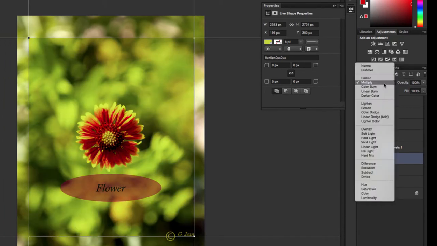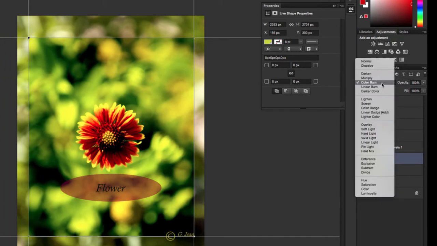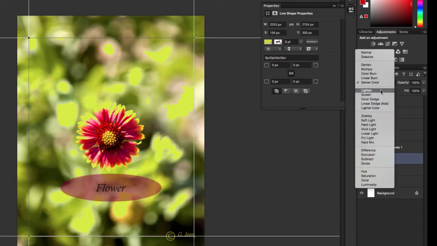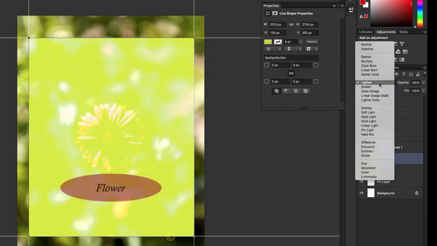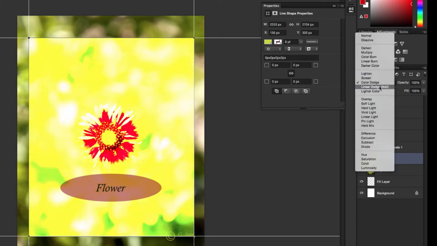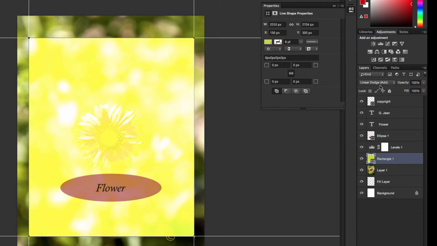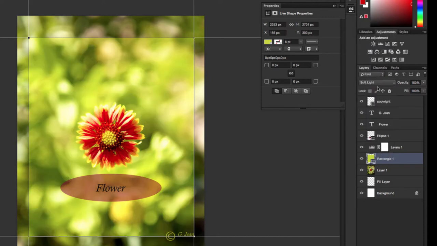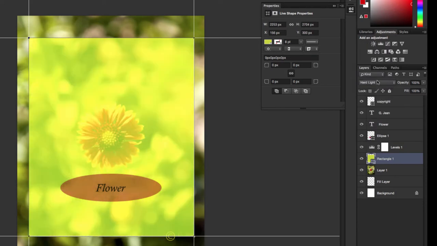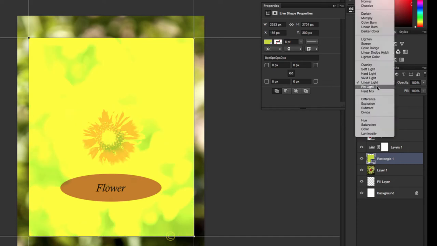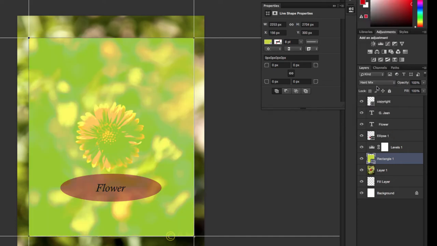Multiply, color burn, linear burn, darker color, lighten, screen, color dodge, linear dodge, lighter color, overlay, soft light, hard light, vivid light, linear light, pin light, hard mix,